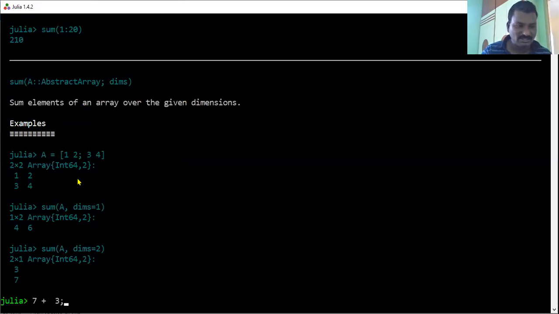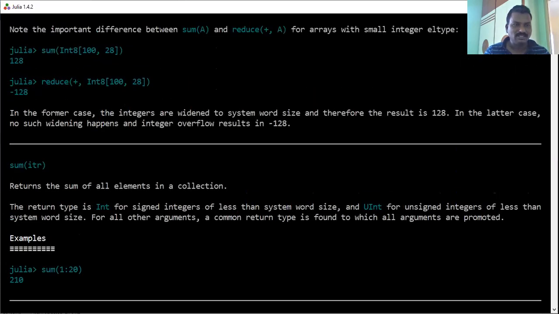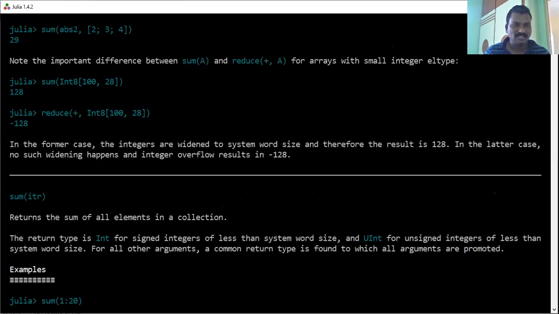It gives some information related to the sum function, the sum of elements of an array in the given dimension. Not only that, it produces what a sum is, and the information regarding the sum.